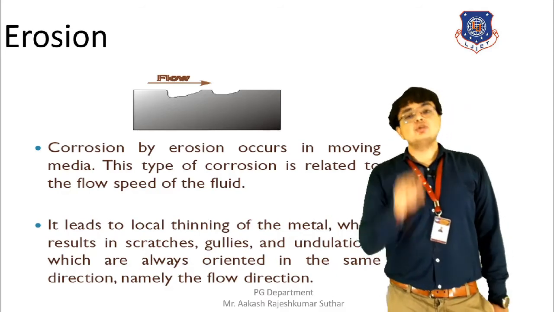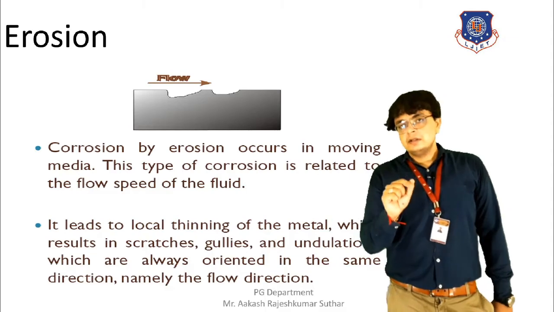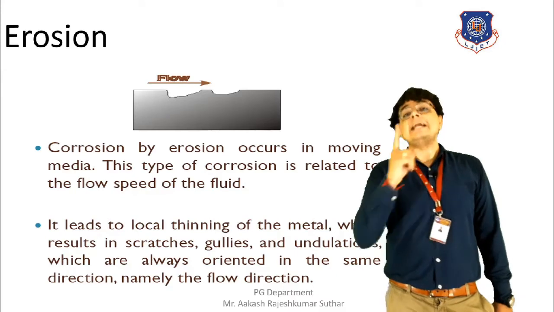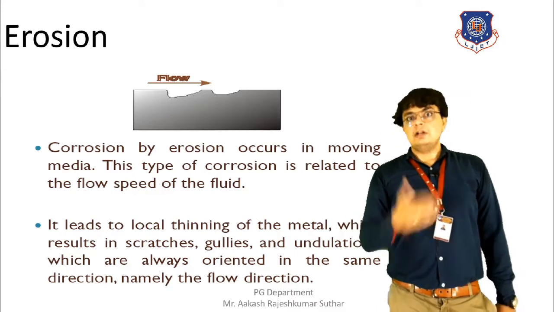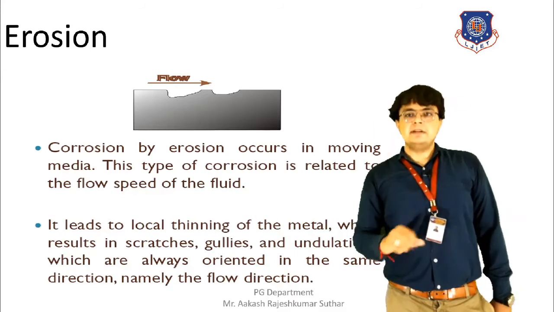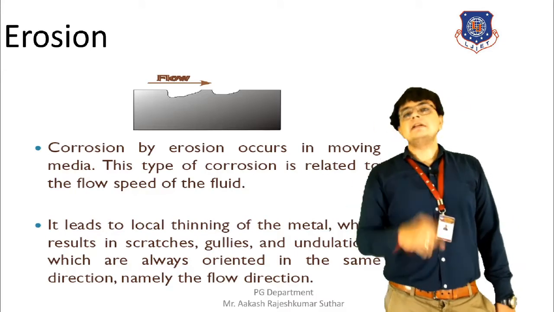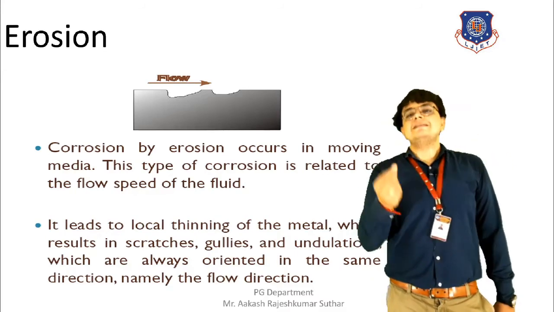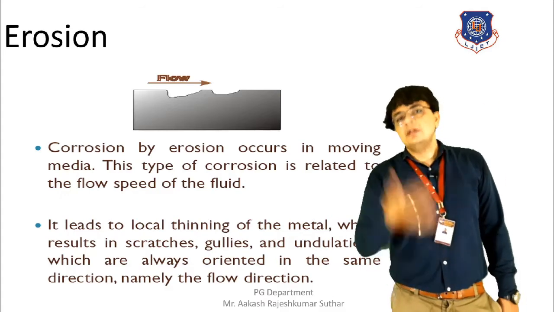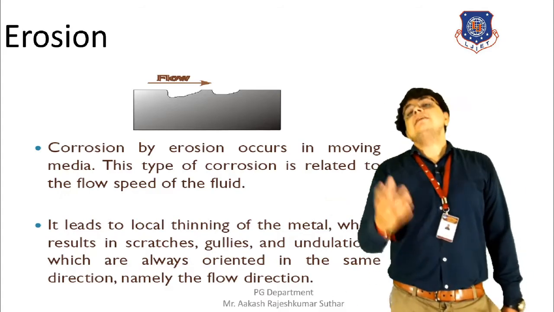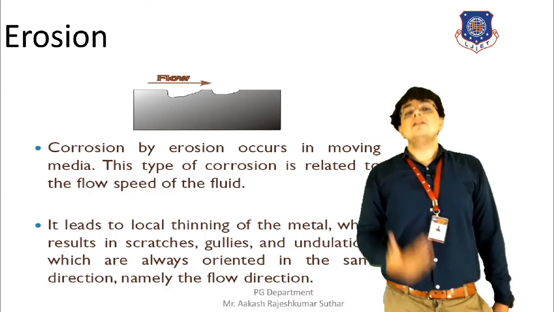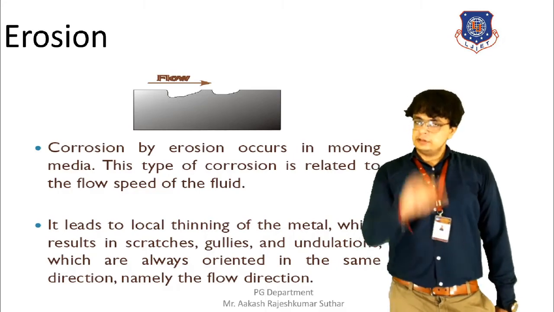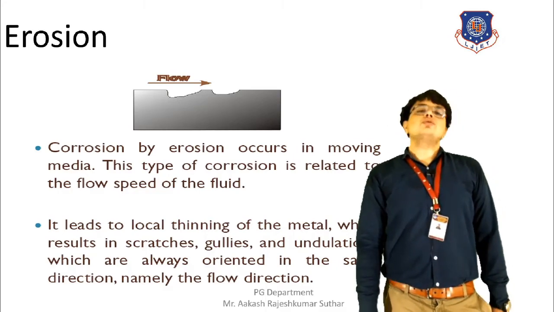Here the prevention should be done at an early stage only, because the flow will be moving continuously, and as a result we will not get time to repair it after some time. Also, the flow will be disrupted, and spoiling of the metal or the material will take place. The dust, or the dirty water or any kind of sludge water that is passing through can come out, and that can cause other damage also. So it is necessary that such damage should be rectified at an early stage only. This is how corrosion takes place.